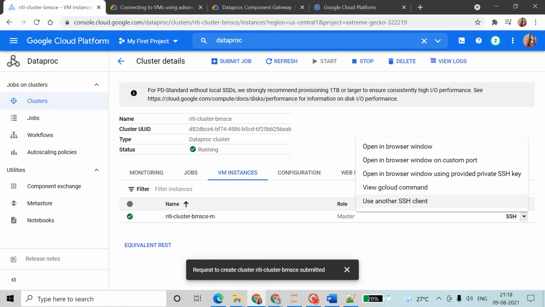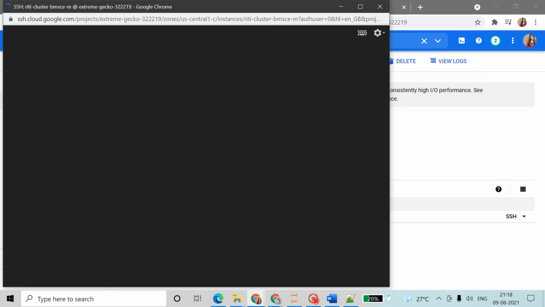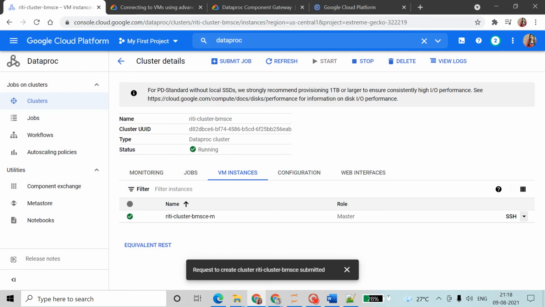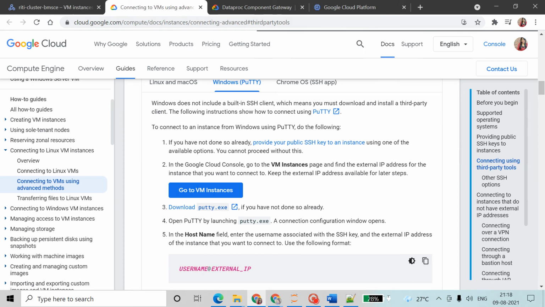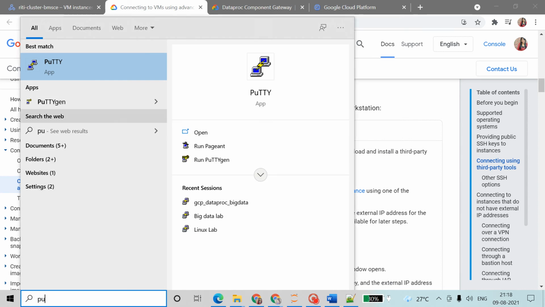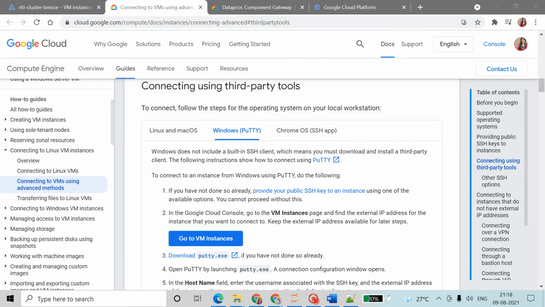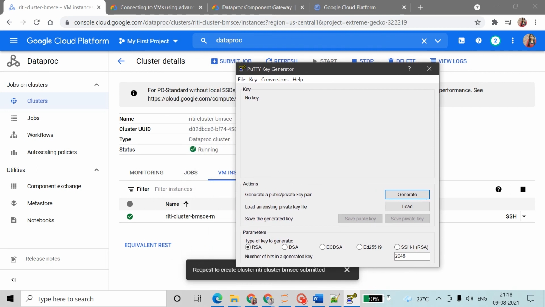If you don't want to work from the Google Cloud terminal, then you can use another SSH client. I told you earlier we have to connect with Putty. In Putty we have to use PuttyGen. In PuttyGen, first you have to generate.